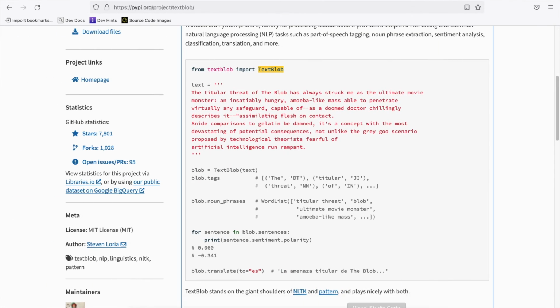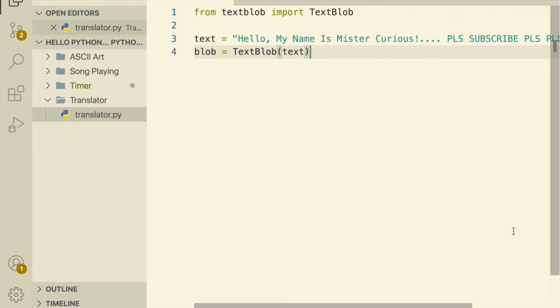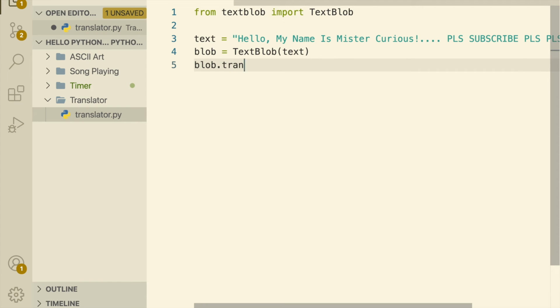Now in the documentation we have something like blob.translate and to equals es or something like that. What this will help us do is translate this text to other languages. So let's say we want to translate this text to Japanese. What do we have to do? We have to say blob.translate, and we have to set the to language, the language that we're going to convert to. So let's say to equals